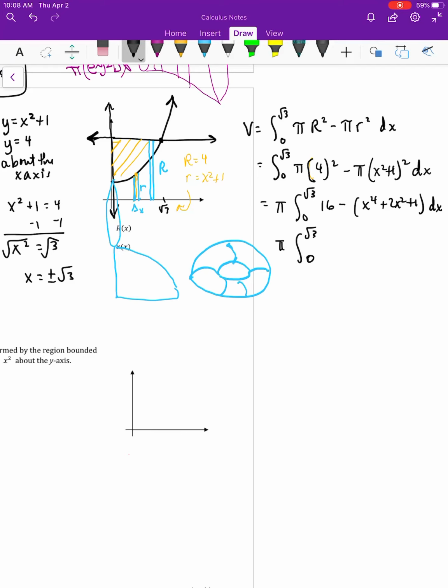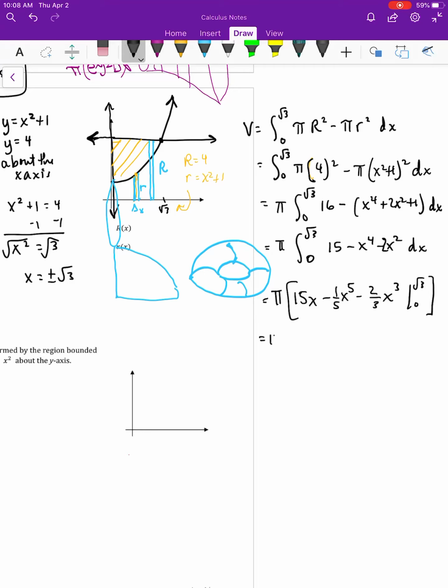And then we're going to distribute the negative, and 16 minus 1 is 15. And distribute that negative to the other two. So now, integrate. 15x minus 1/5 x to the 5th minus, this would be 2/3 x to the 3rd